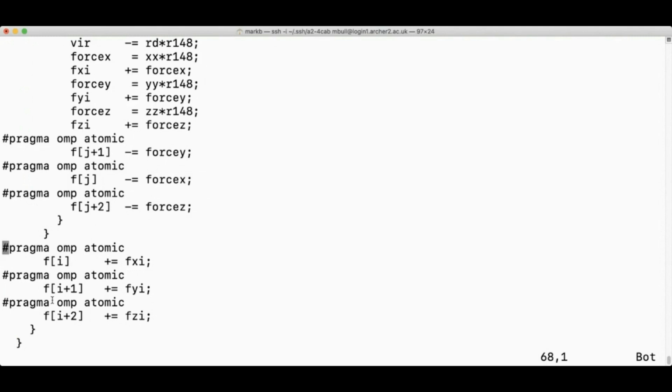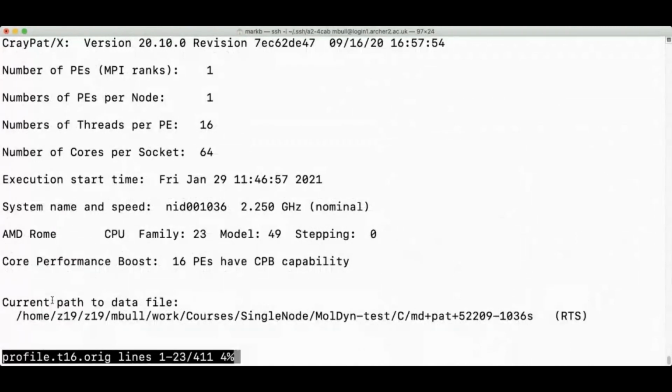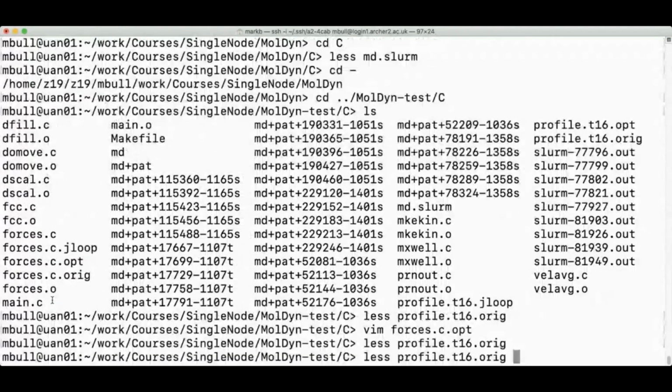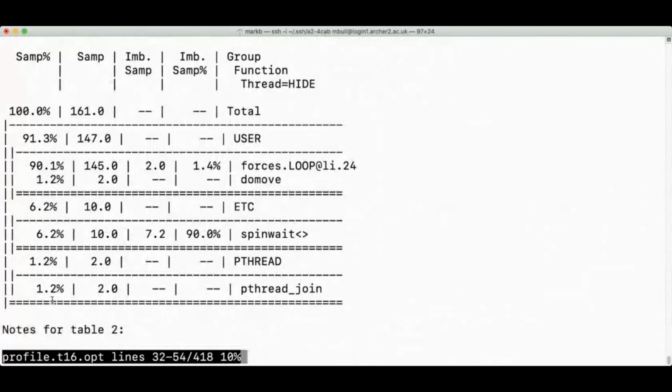So you should see a significant improvement in performance, at least once you get to 8 or 16 threads. And whoops, the resulting profile looks different. It basically tells you that all my time is now spent in the loop, and that the imbalance is much reduced.